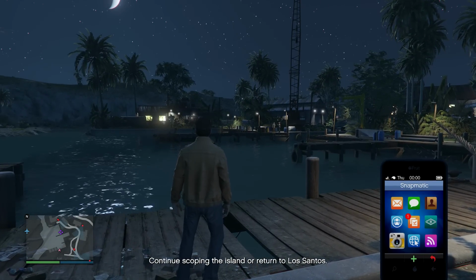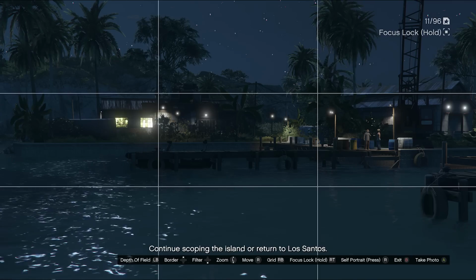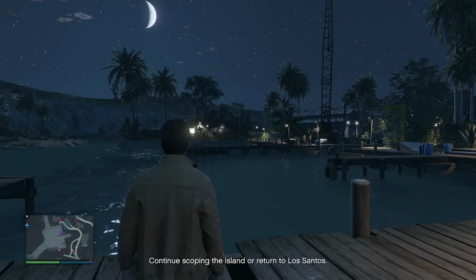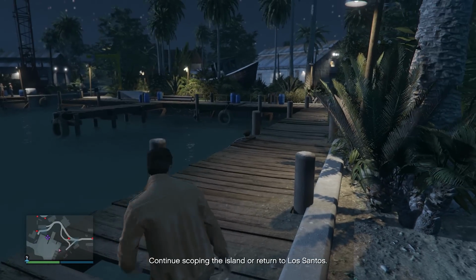But what we're going to do is open our camera and take a picture of this place. We're going to hold RT to focus, and then press A or X on PlayStation to take a picture. Then it's going to give us an option to send it to Pavel. So we're going to press that, then press on Pavel's name, and now we have scoped out the main dock